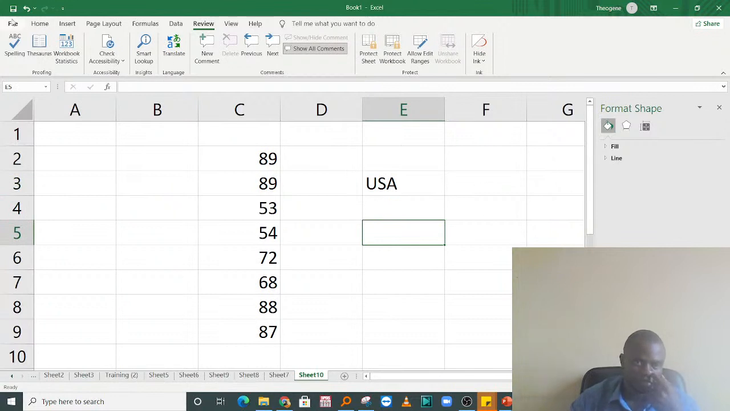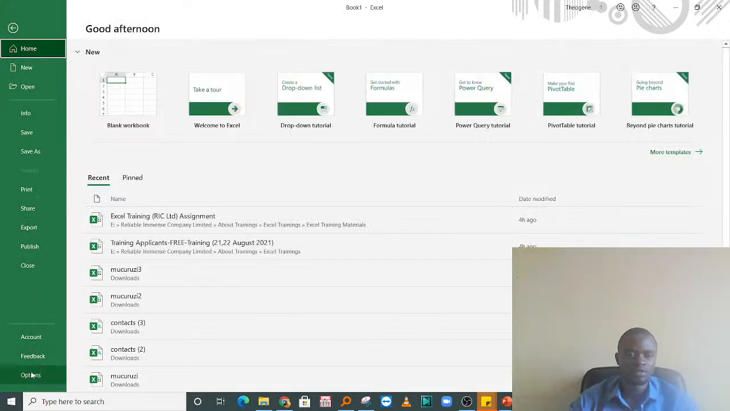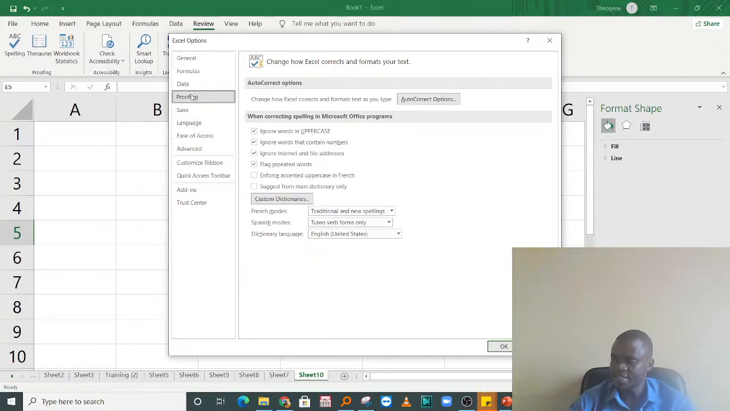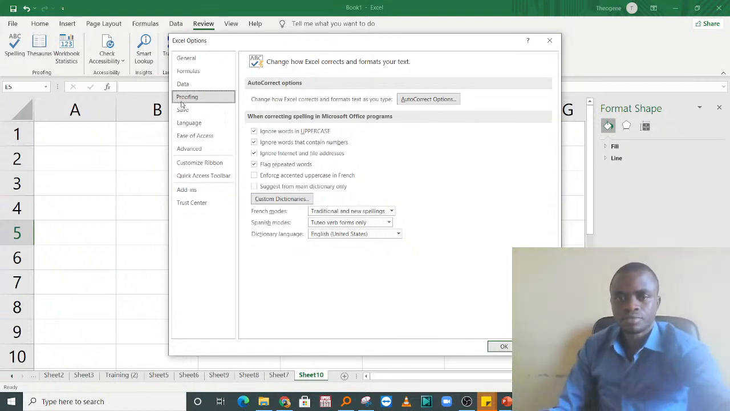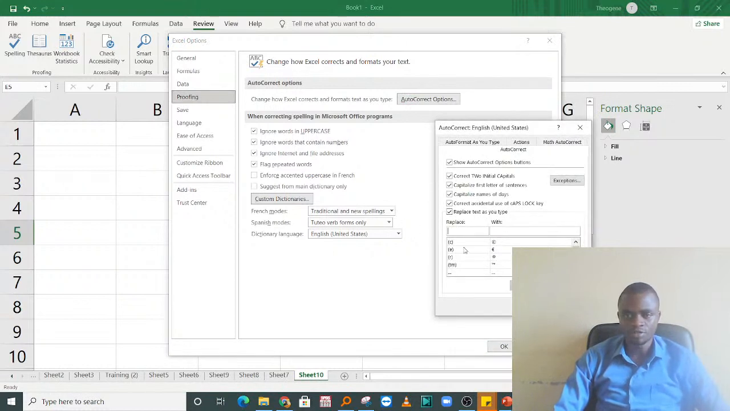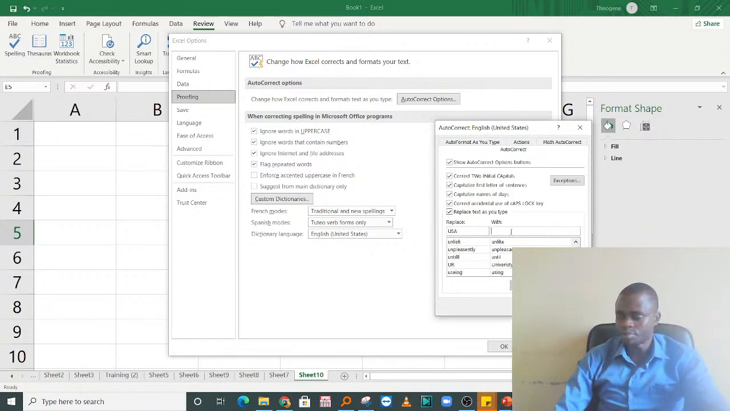Okay, you go to file, like you are about to save, you go to options, or some people they have setting. If you have setting, you can go to setting, you go to proofing. Excel setting is there, and please make sure that you are in it. If you are in Excel setting, you can change something and your Excel crashes. So you go to autocorrect. After going to autocorrect, you write USA, replace